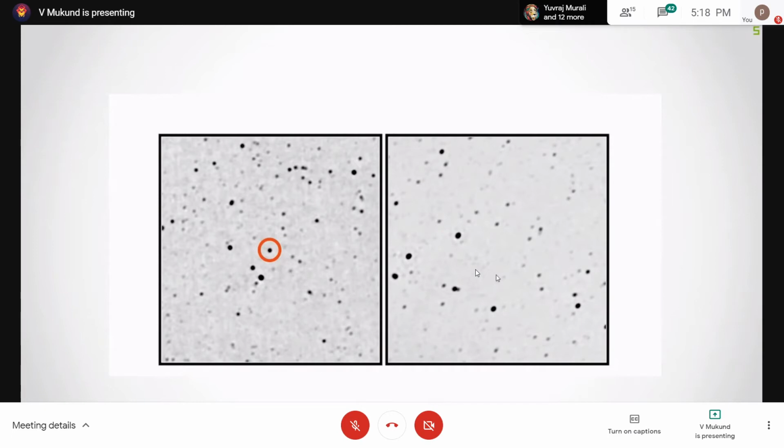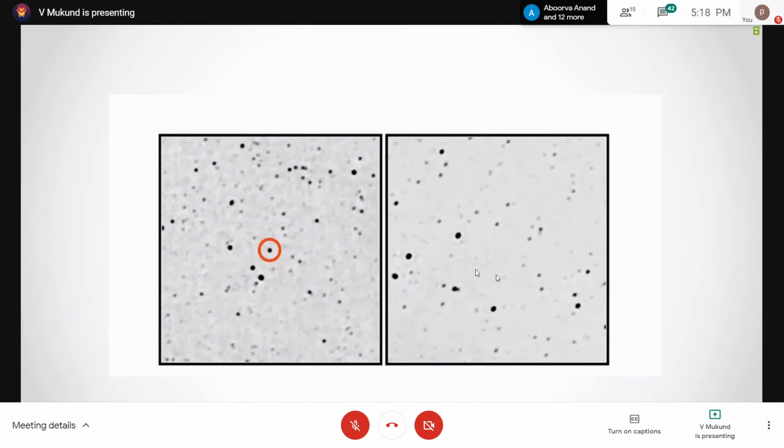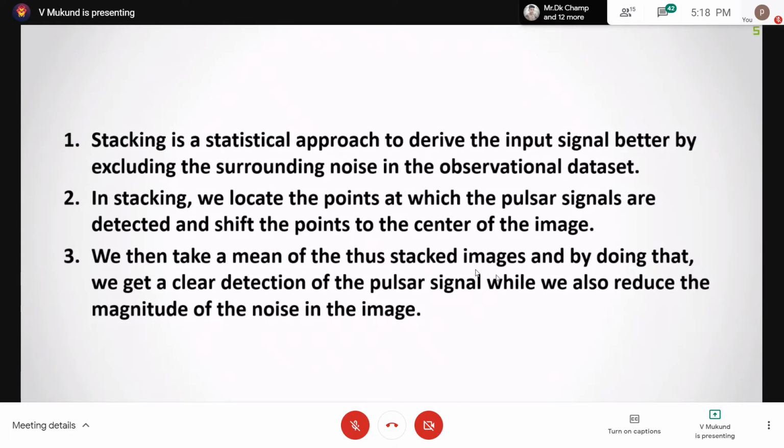So what we do here is we take multiple images at different instances. We take around 12 images here, and then we try to stack them. By stacking, what we actually mean is that we take the points that are in the center, the points that give us a detection that the pulsars are there, and we try to shift the input signals to the center of the image. While we shift to the center of the image, we try to take the mean of that. When we take the mean along with the noise, you guys must have come across